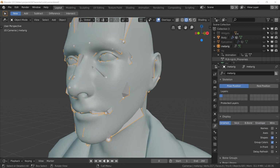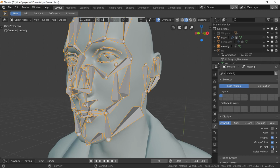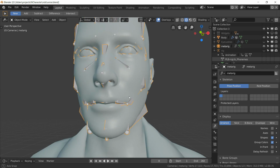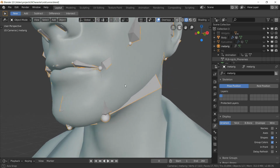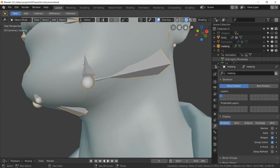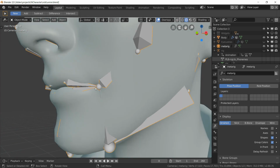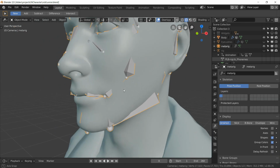Alright, this is what we're going for. When you're placing these bones, you're going to want to turn in front on and off just to make sure that you are actually on the surface and not going too far above or inside. Now, as you can see, we put this connection right there, and you also want to take advantage of the